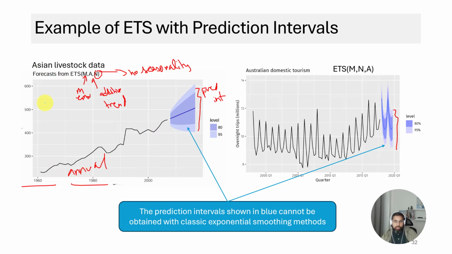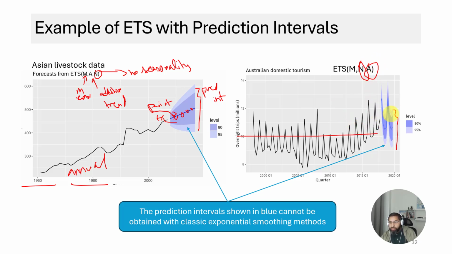And so we just use error and trend, and we got our prediction. These are our point forecast, this black line. This is the point forecast. It gives us the point forecast as well as the prediction interval. Now let's look at something with seasonality. Now this one has no trend because if you look at long term, you're going up and around the same average, approximately the same average. There's no really real trend. But we do have a lot of seasonality, so we did additive seasonality.